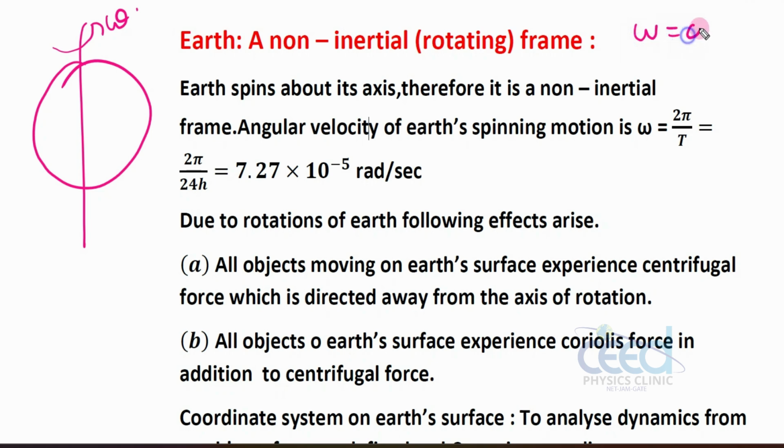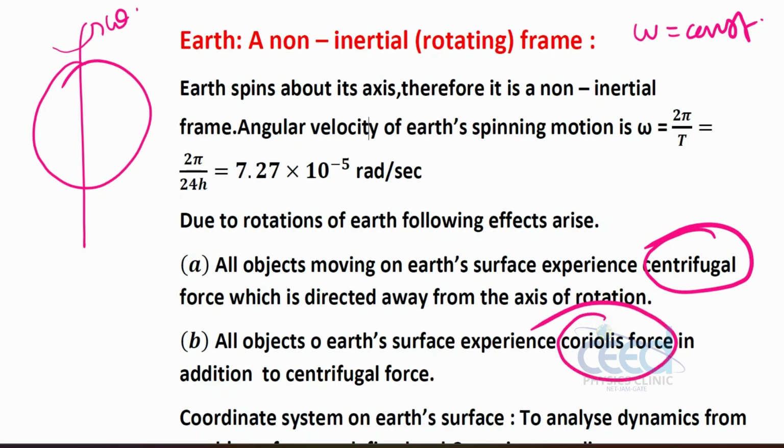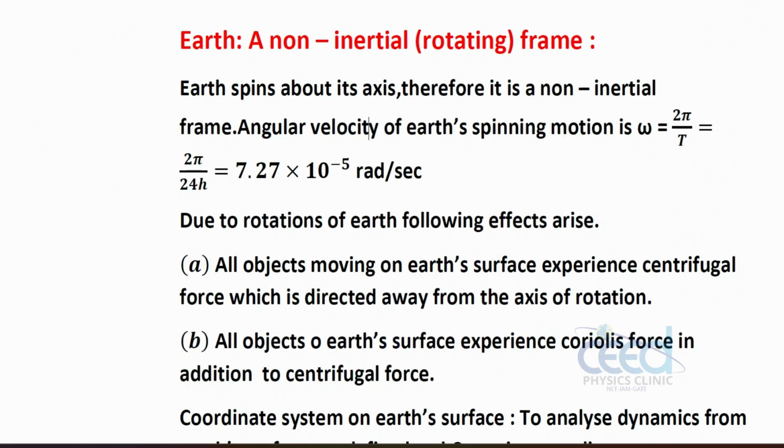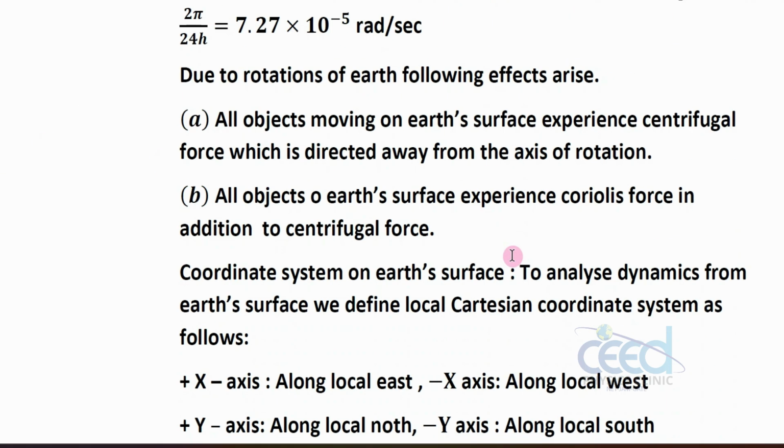but omega is a constant. So we saw in the previous class two kinds of forces acting. One is centrifugal force, another one is Coriolis force. This is centrifugal, which we studied as minus m omega cross (omega cross r), or m omega square r perpendicular. Last class we studied the Coriolis force, minus 2m omega cross v dash. We have seen both. Now, this omega, suppose